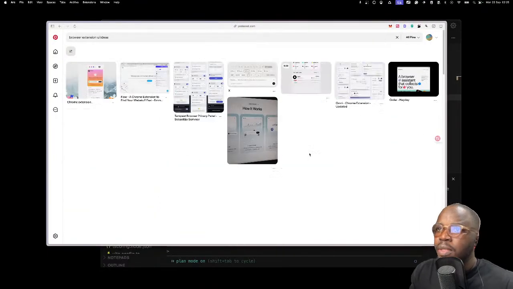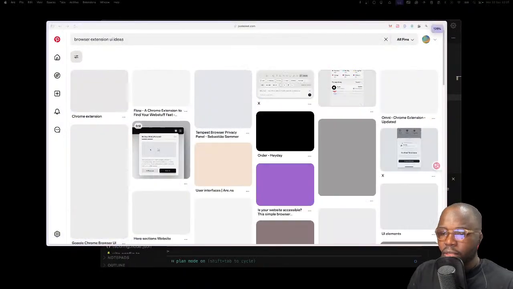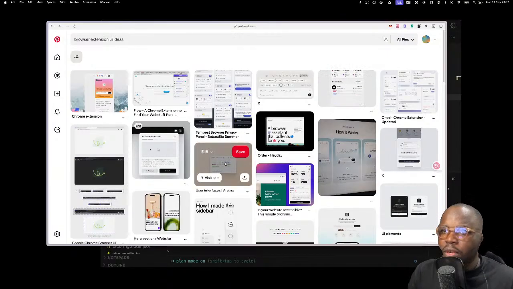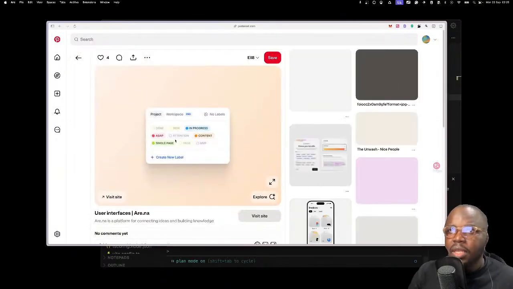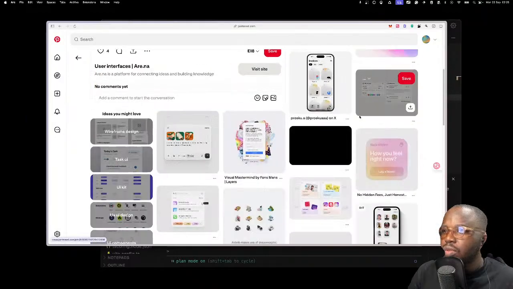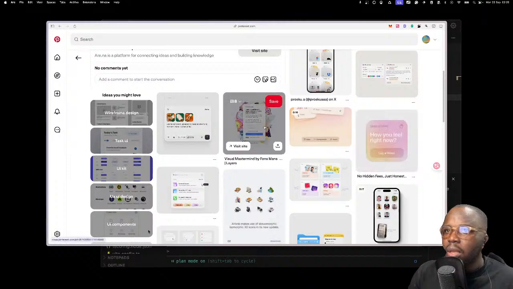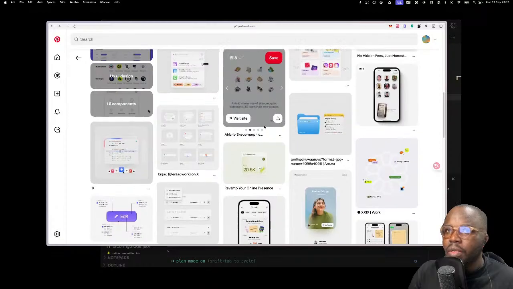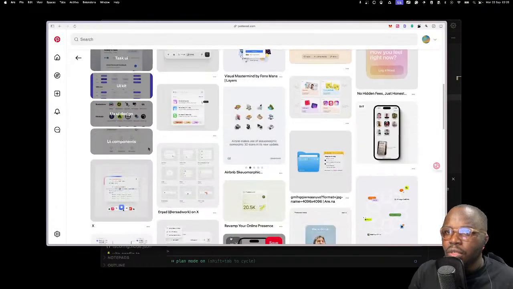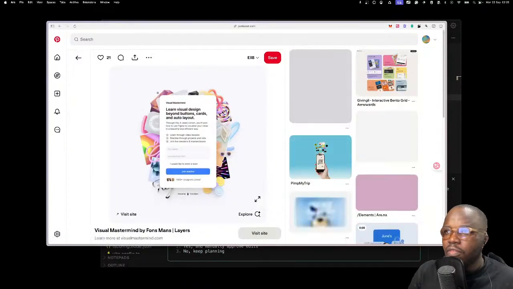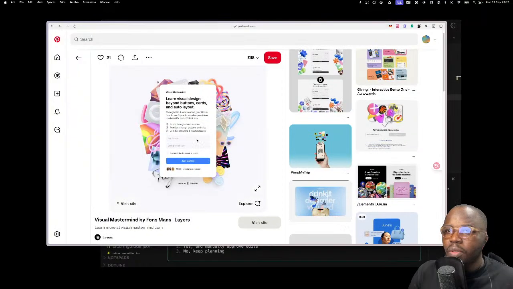Right, so what I'm doing now is I'm actually trying to gather ideas so that once we get to that part of the project, we are not stuck. So I can see it's a very beautiful UI right now. I like this, right? It has this colorful sort of thing going on. I also like this too, right? I like what is going on right here. Oh my god, I think we have some things to work with. So what I'm gonna do is, I think I like this. It has this sort of feel. I'm gonna copy this, right?